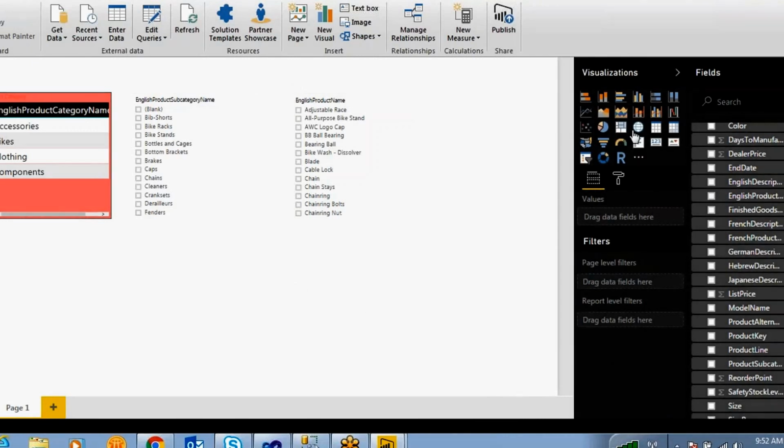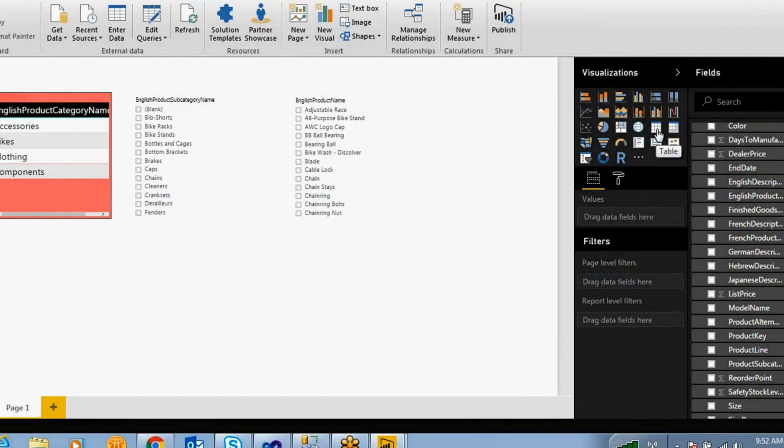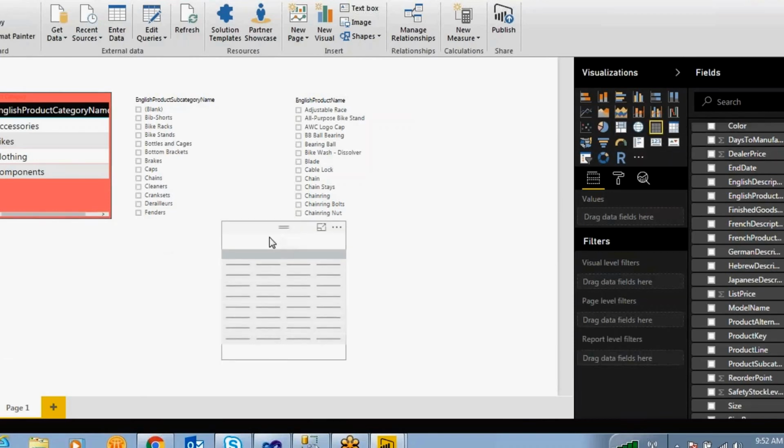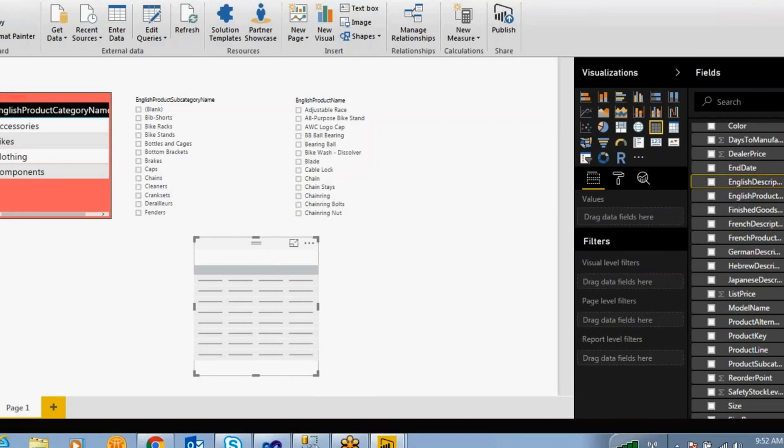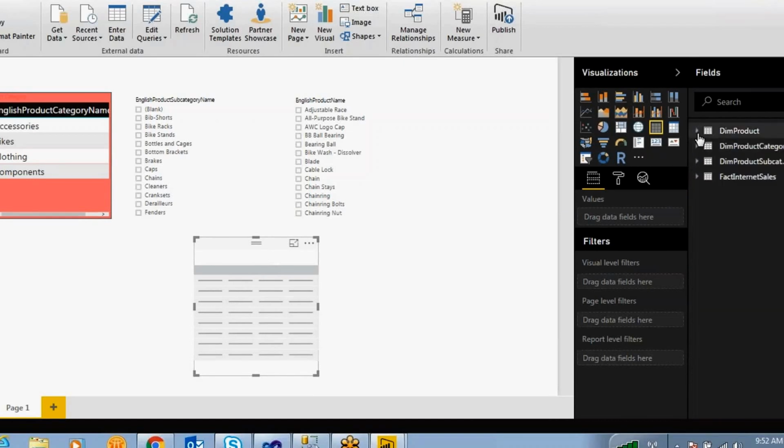Then now what kind of report do you want to create? For example, if you are taking a table report item, it is difficult to apply the drill down option over here.